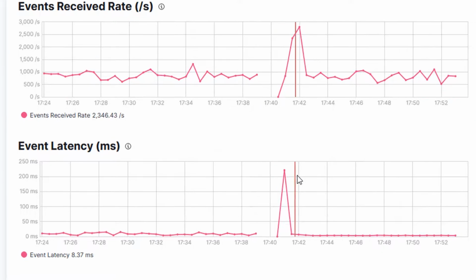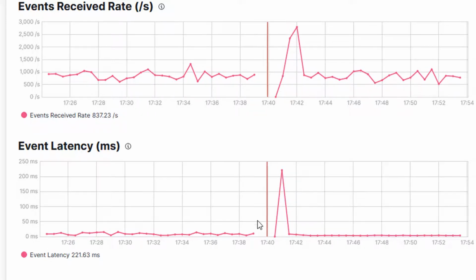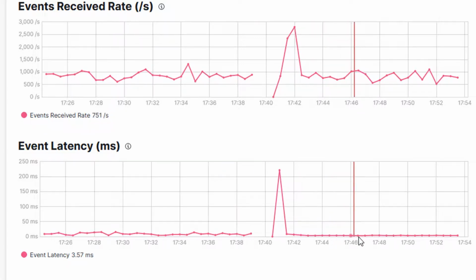This is the time when I have restarted Logstash, which is pretty common to have a very high latency at that moment because all the information needs to be obtained. These are the values I got before, and sometimes I have 11 milliseconds, sometimes I have 8, 9, and so on. And now the average is about 3, 3.1, around 3, maybe 3.5 after we have made that